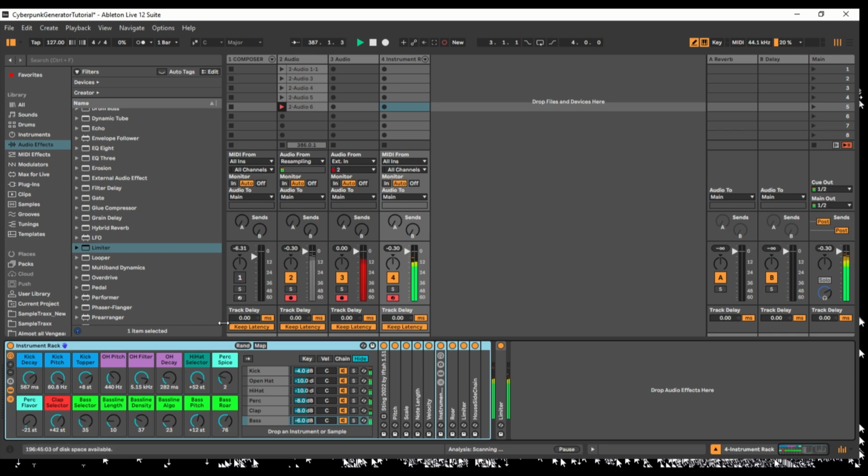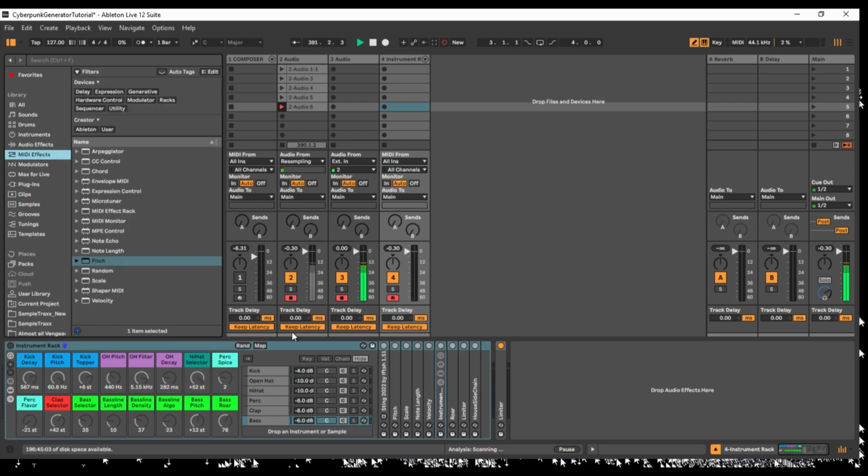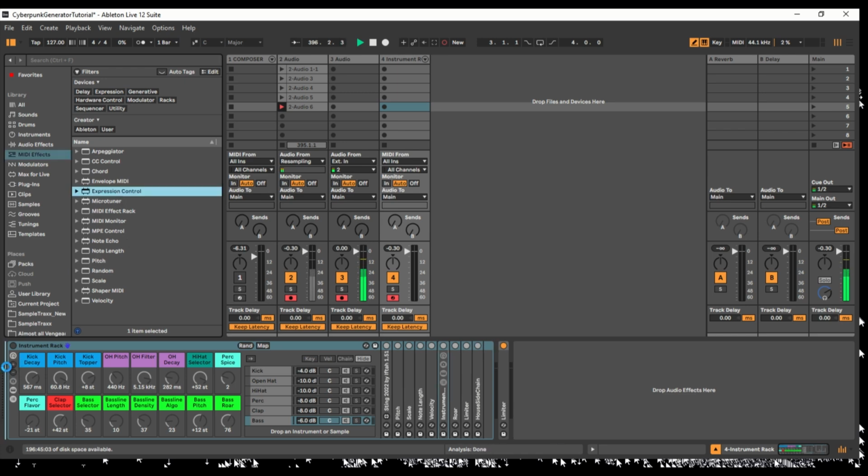Oh yeah, okay, as promised. I said I would tell you a way, if you ran out of knobs, to do even more randomization. Here it is. If you run out of knobs and you can't do it, or if you're doing some routing where you want to connect a knob to something but it won't let you, and you want it to be random, this isn't going to work for everything. Expression control is your best friend. You put an expression control anywhere, it can map to anything. It's limitless. It has no routing